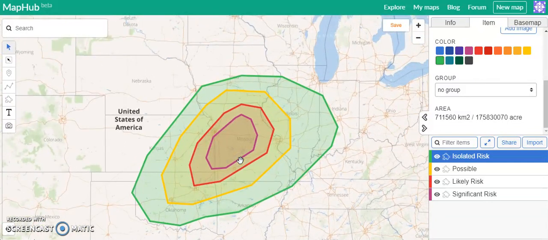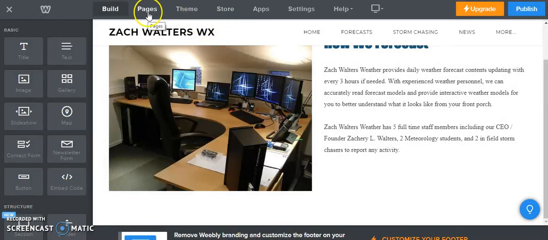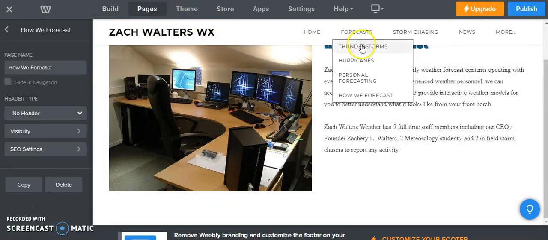Of course, we do hours and hours of forecasting, hours and hours of man work to actually accurately put out these models. This, of course, is not real. This is just something I drew up. But this is exactly what it would look like after we plotted it together and put it in. And then we put it on the website. And on the website, I will show you. On the website, you can actually go under